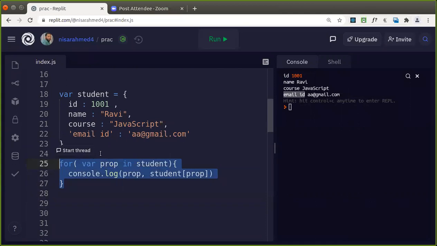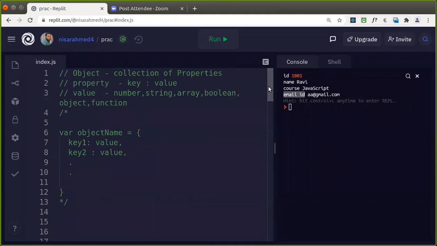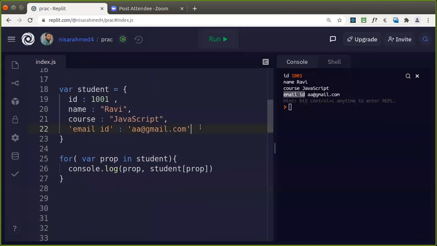Now let's do one more thing. Like we have seen how we are having these things as values. Numbers we have seen, strings we have seen. Boolean is also a scalar value. Now how can we have an array as a value? Suppose languages known: I want to have a property as languages.